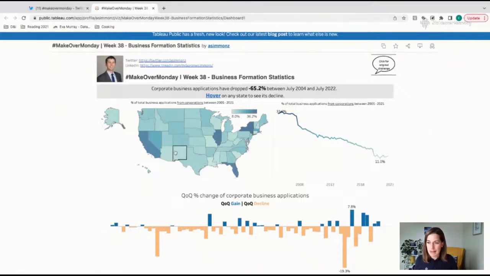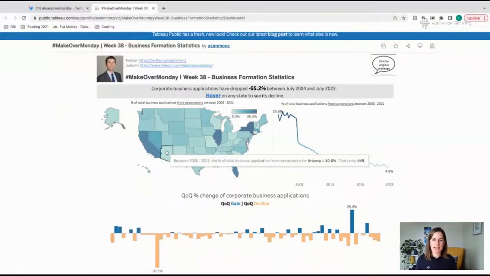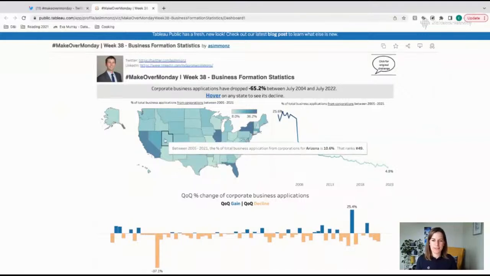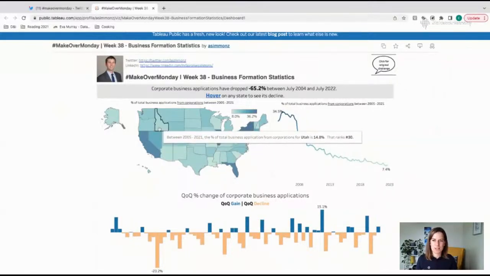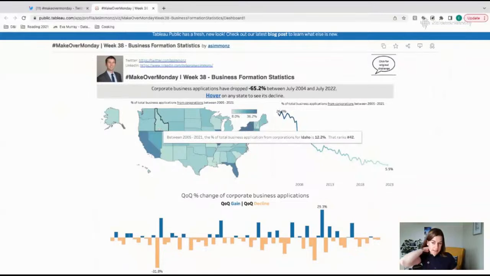So there is a map, and I think interactive maps are great, especially because this one is dynamic and it filters the charts, which is really cool. And I think here, especially for a US audience, they would say, what's it like in my state? I think that's the most obvious first use case for this.